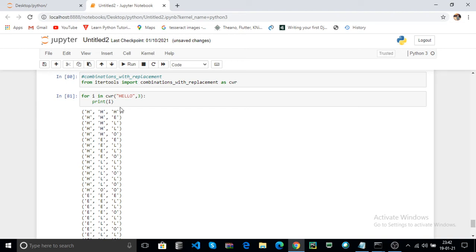The first H character is repeated 3 times because we are giving r as 3. After that H is repeated 2 times, after that E is added.